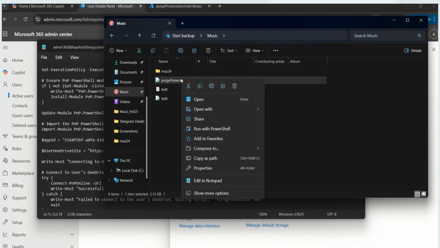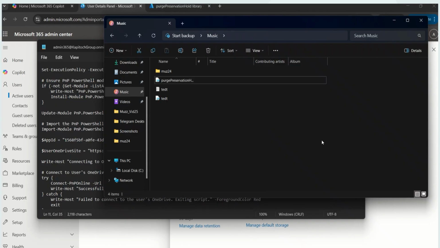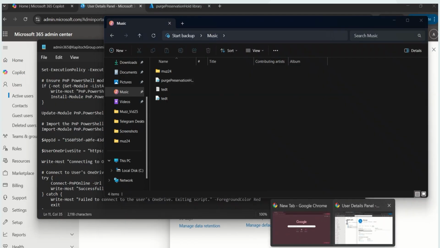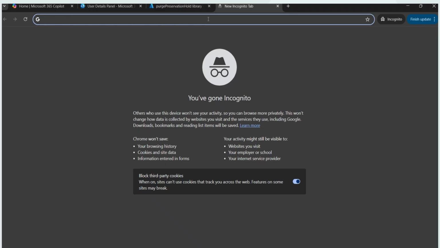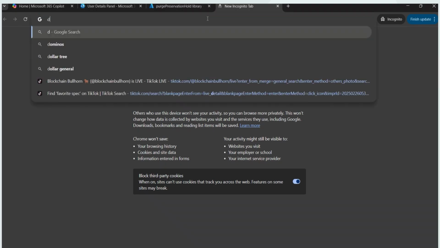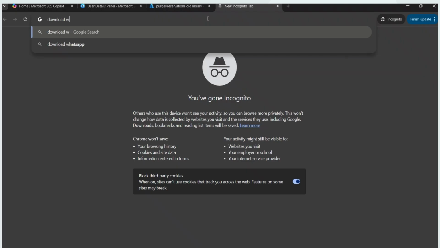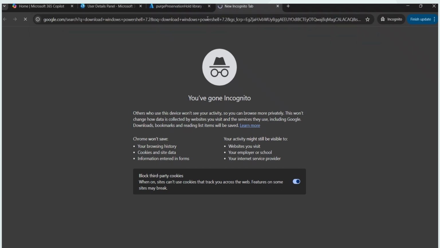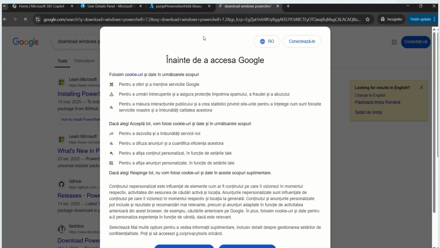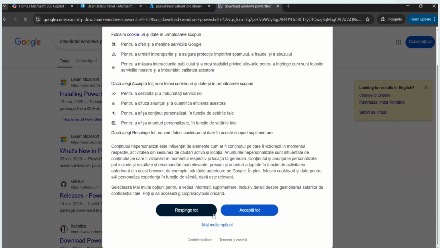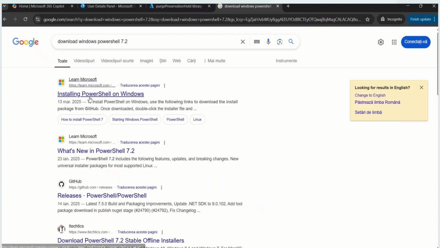7. You can't run it on normal PowerShell, so we need to go to our browser. All you need to do is to say download Windows PowerShell 7.2. We need this PowerShell. So you can run a Google search. You can say accept. So you can click on install